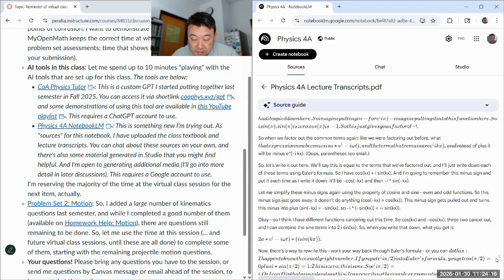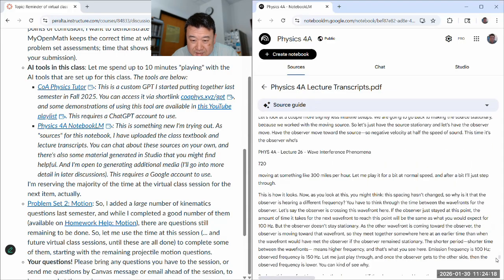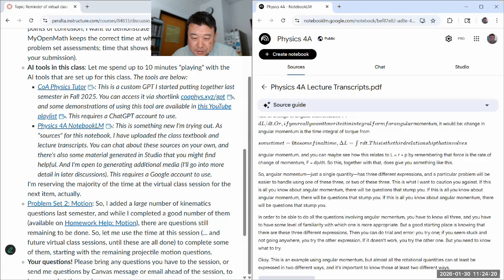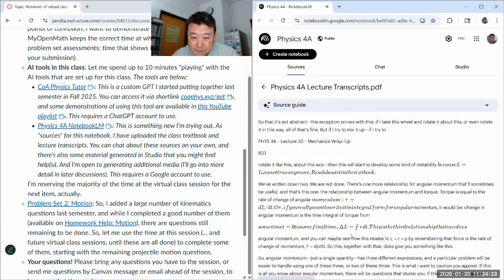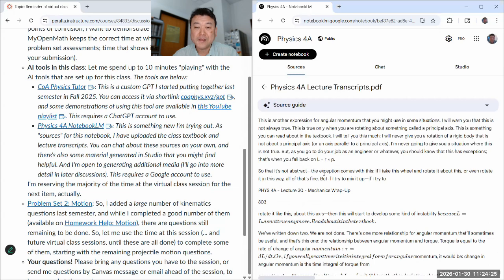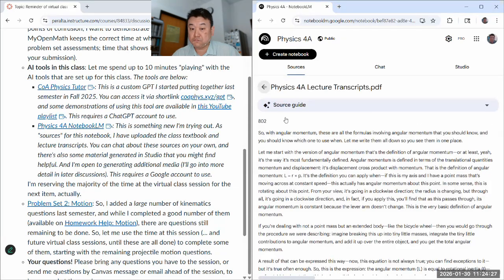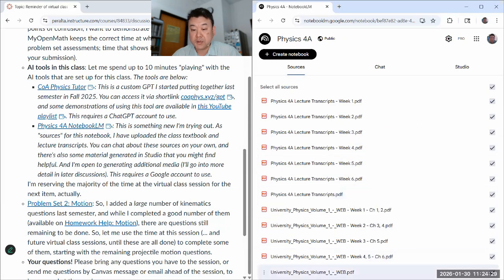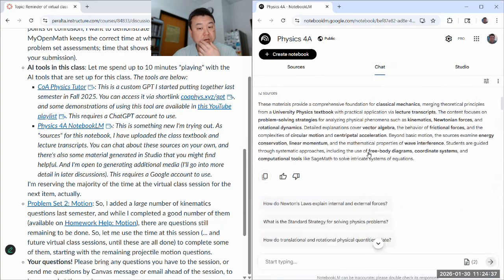This is not really optimized for viewing, so it doesn't work all that well here. But yeah, there's that. So it has the entire semester already. What these other sources are, so if you select simply these two, and ask NotebookLM a question like